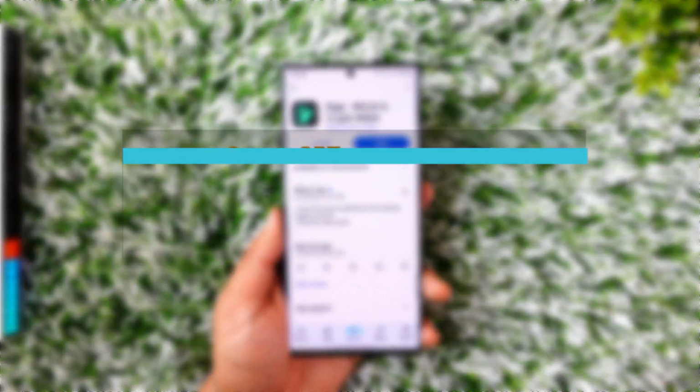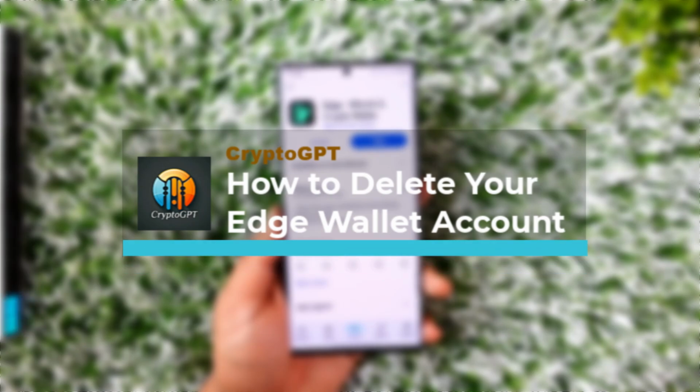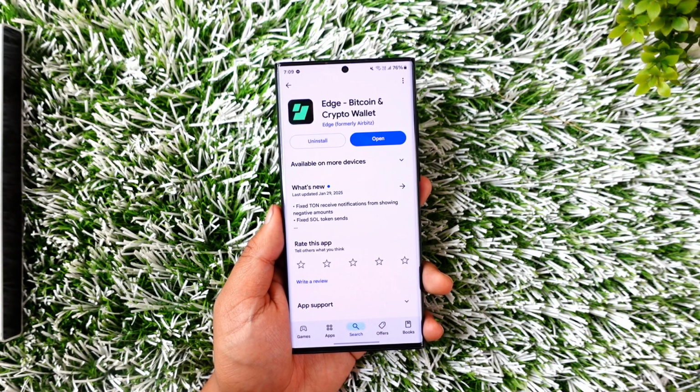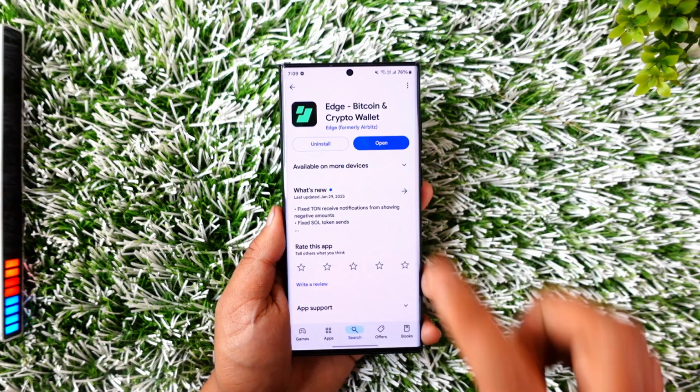How to delete your Edge wallet account. So if you want to delete your Edge wallet account, it is actually very simple for us to do so. All you have to do is first of all make sure to launch the Edge